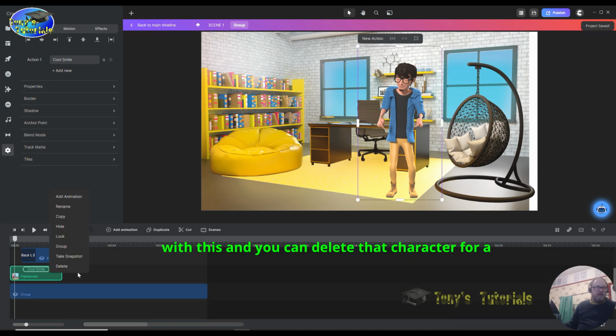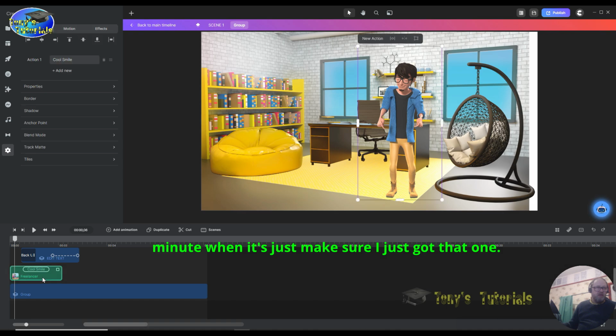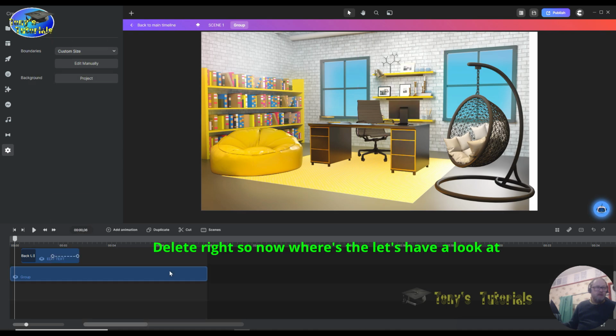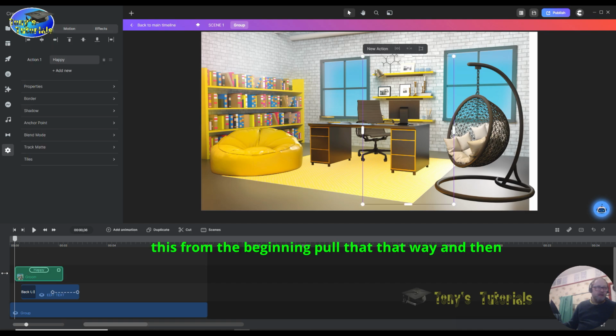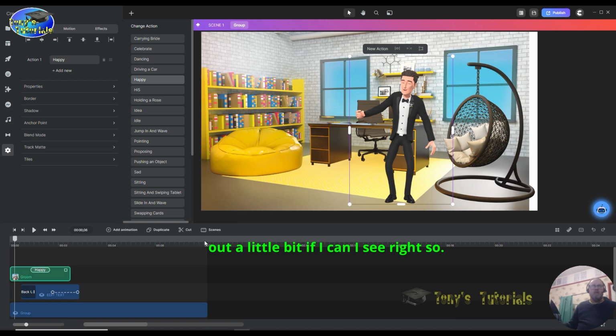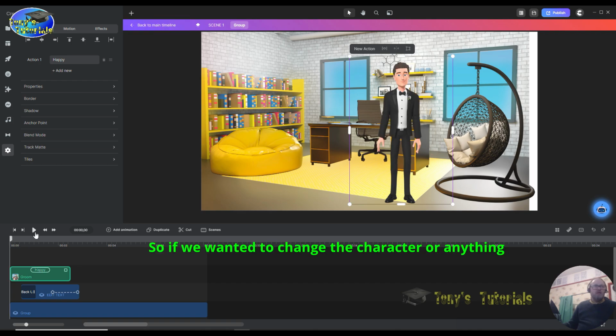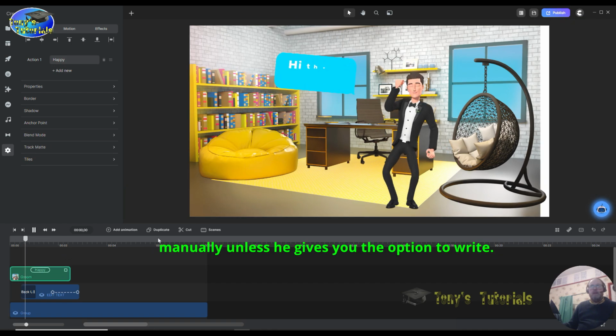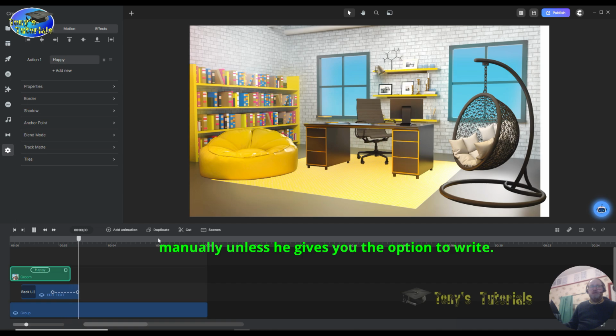And I'm going to do something with this. I'm just going to delete that character for a minute. Let's just make sure I've just got that one. Delete. Right, so now let's have a look at this from the beginning. Pull that way, and then put it across a little bit more. I want to stretch it out a little bit if I can. That's it. Right, so if we wanted to change the character or anything like that, that's what we do. We'd have to replace him manually, unless it gives you the option to. Right, so that's what I've done,